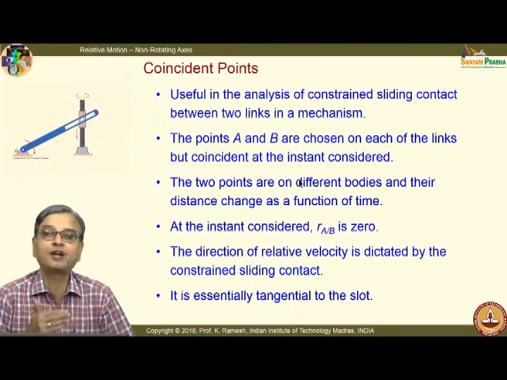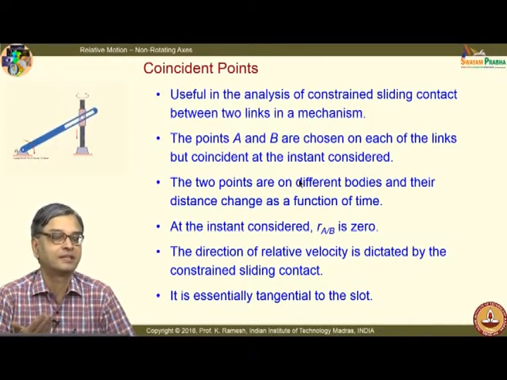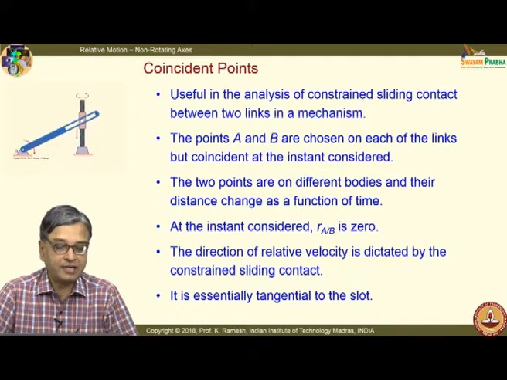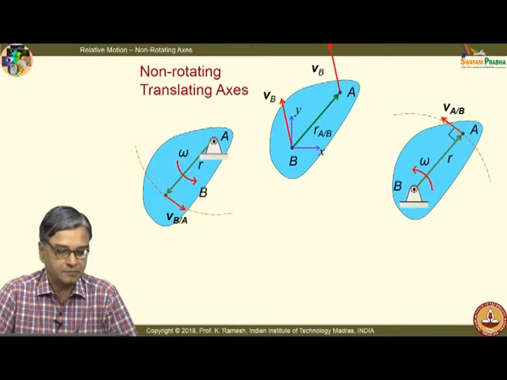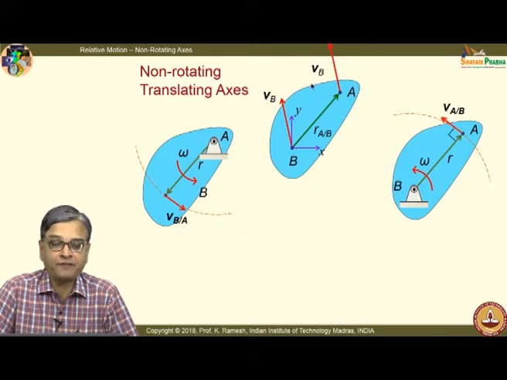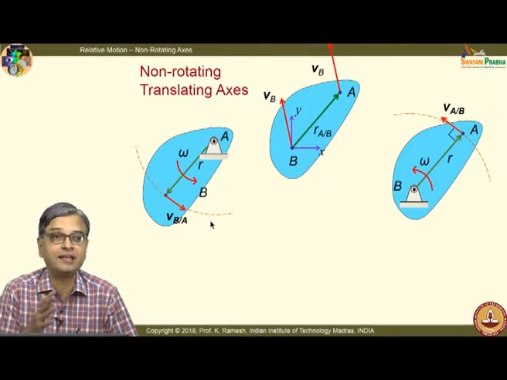And what we do is, we have exploited the constrained motion behavior in writing out the relative velocity equation. What is it that we have done earlier? We have done earlier when we looked at general plane motion, we have identified that if I attach a non-rotating translating axis at B, I would see the point A to move in a circular fashion. If I attach it with A, the point B would move in a circular fashion. This understanding has helped us to write the relative velocity equation.